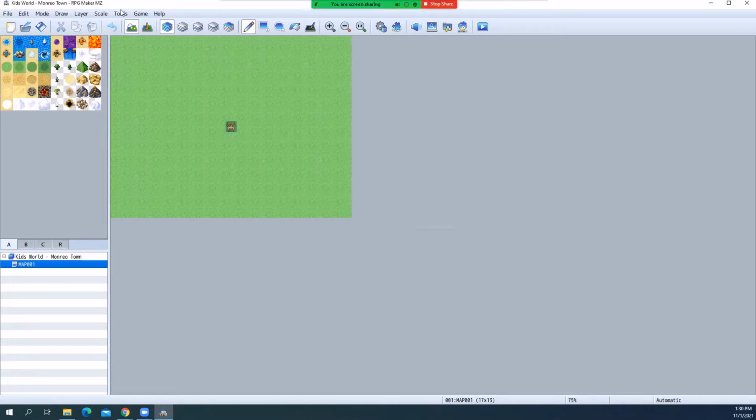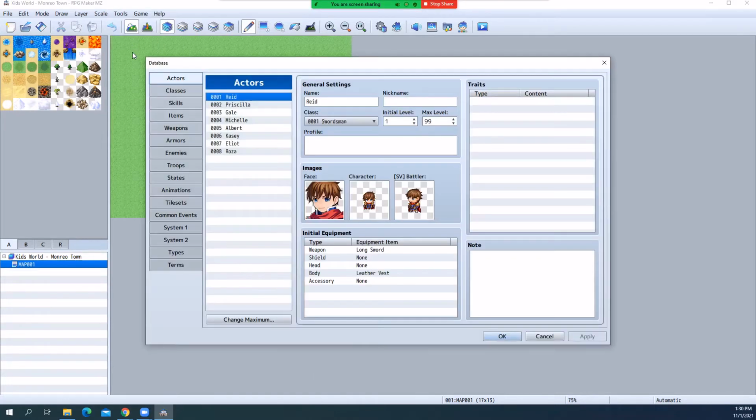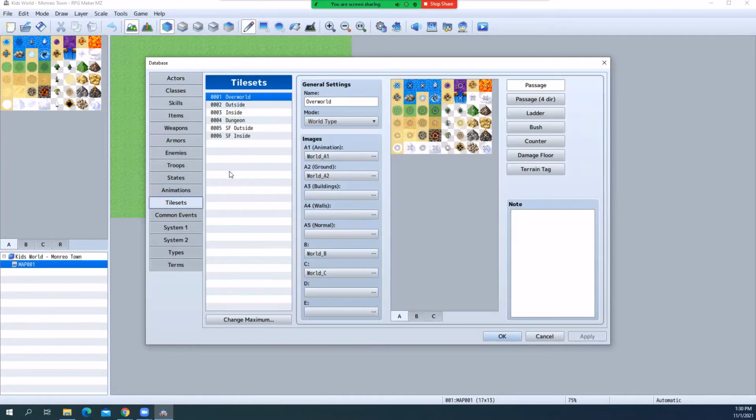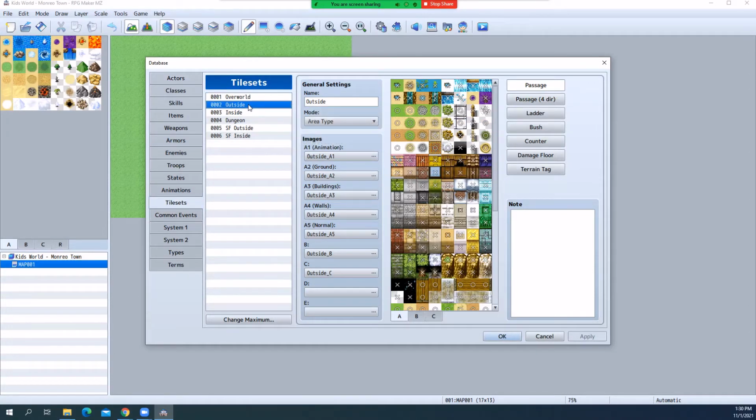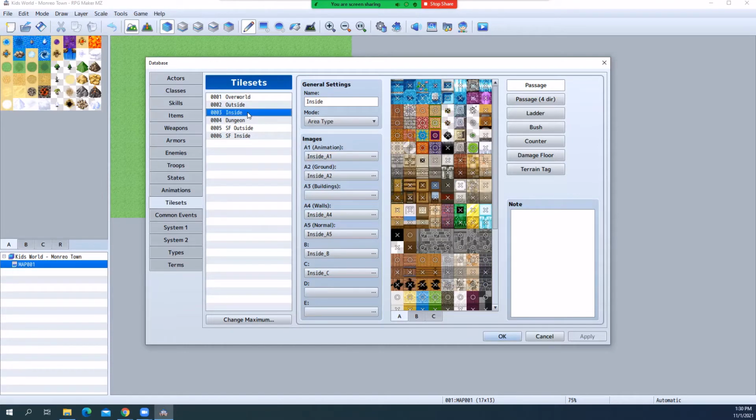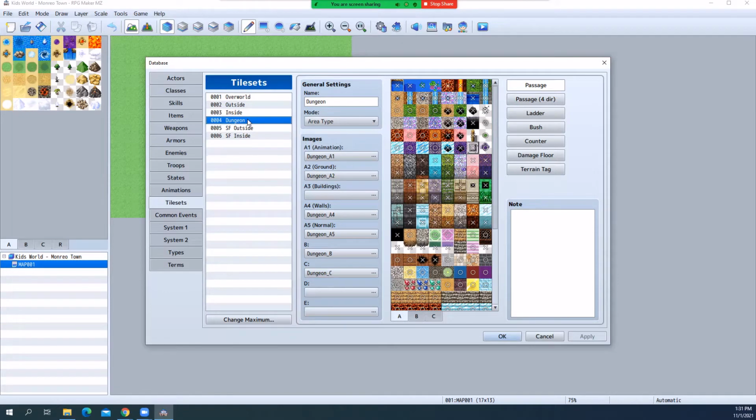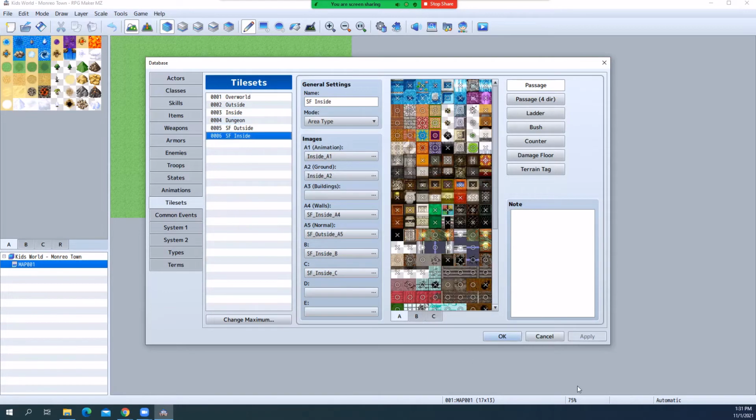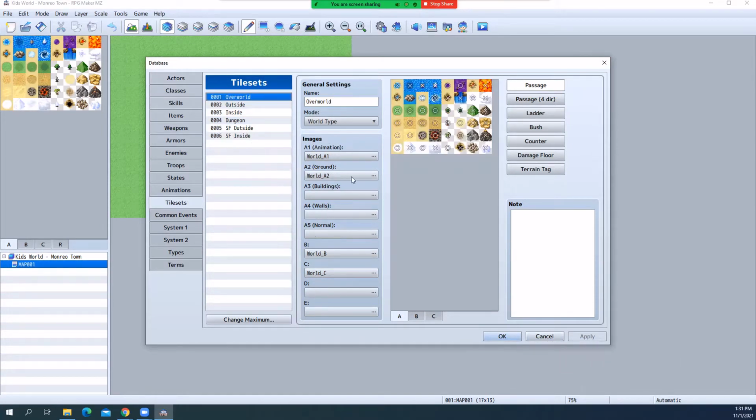Obviously, we've gone through this before. RPG Maker MZ has the default tile sets that are already in the video game, and there are different types. Some tile sets are created for the overworld. Some are created for the outside, which is like a town. Some are created for the inside, which is inside of your house. And then dungeons are for caves and forests and things like that. And then you have two sci-fi types. But for me, if you look at the overworld, for example,